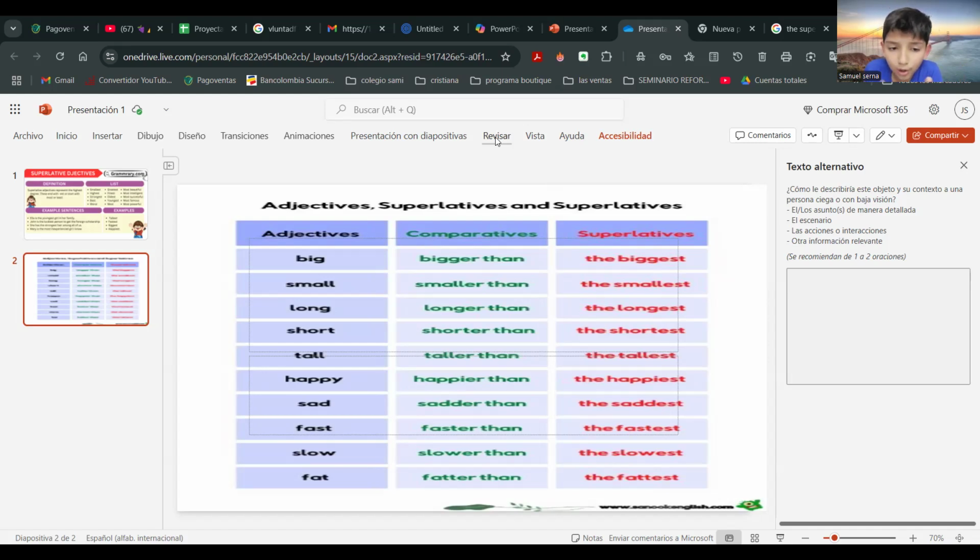The next is short. Short in the comparative is "shorter than", but in the superlative it is "the shortest". For example,